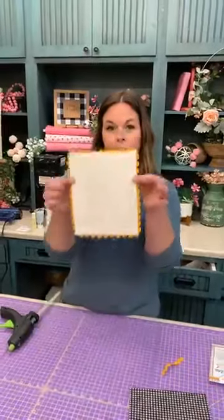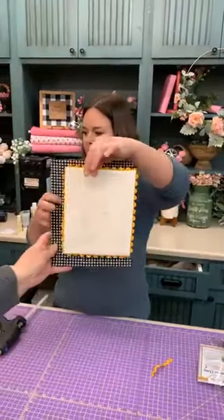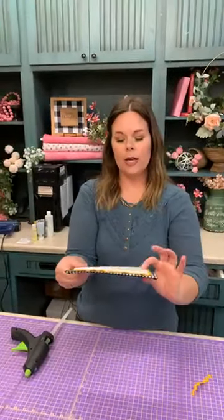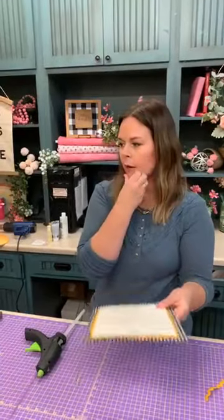There we have our rickrack. Oh, beautiful. And show how cute it is layered behind it. Yep. Bingo! And pretend that has the stitchery in there. Okay, so now what you can do is hot glue those two pieces together, but I'm going to show you,